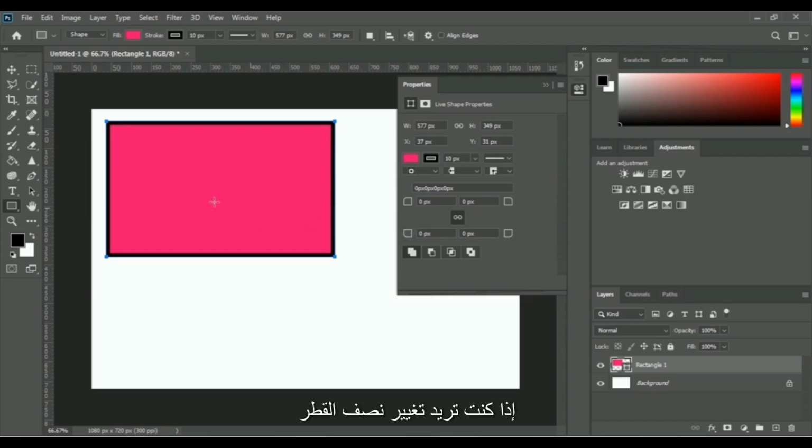If you want to change the radius of each corner, then you can change it from here. So this is the option for changing your corner radius. So let me show you. You just have to increase the pixels, and you can take a look, every corner got a rounded shape. And if you want to change the corner radius for a specific corner, then you have to